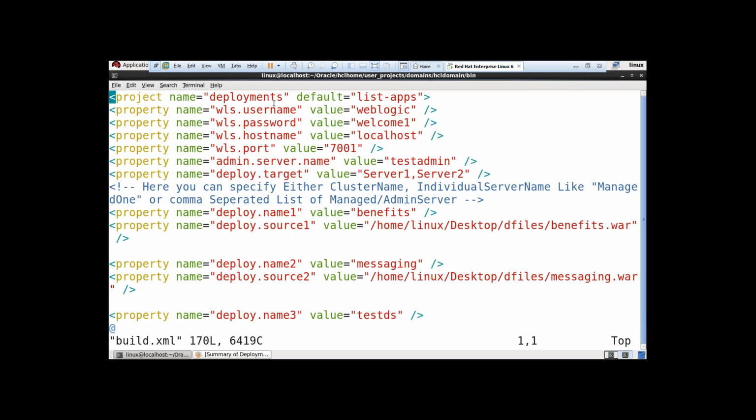Project name: deployments. If you do not specify deploy, undeploy or redeploy, what is the default? The default is list apps, which will list the applications. What is the WebLogic server username? Generally weblogic; if it is different, you can change it. And the password is welcome1; if it is different, you can change it. What is the WebLogic server host name? Admin server host name is localhost, admin server port number is 7001, and server name is HCL admin,